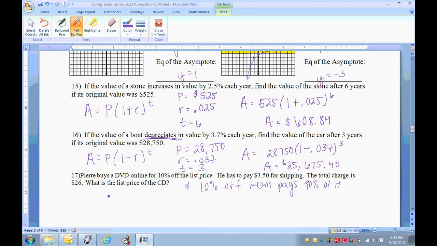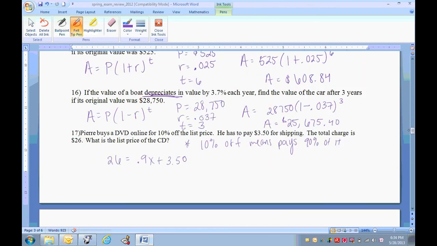So you can start off with the cost equaling $26, and then we convert 90% to 0.9 for decimal form times the list price plus the shipping fee of $3.50. And then we need to find out what the list price is equal to, so we're going to subtract